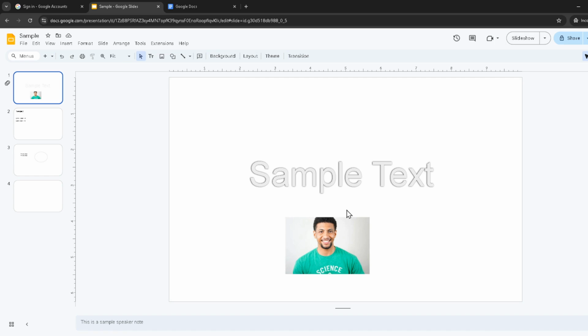This can make a huge difference in how your audience perceives your presentation, making it more engaging and easier to follow. Plus, having more space allows for greater flexibility in design and content placement, ensuring that you can convey your